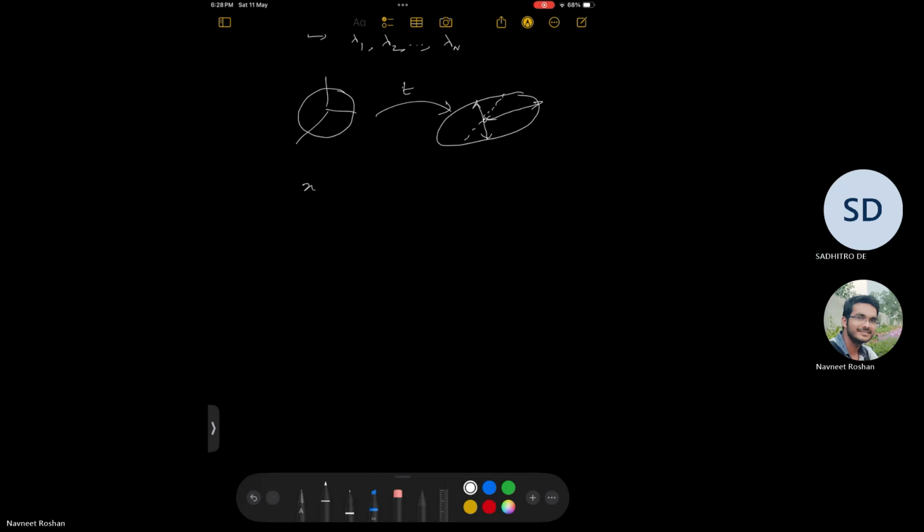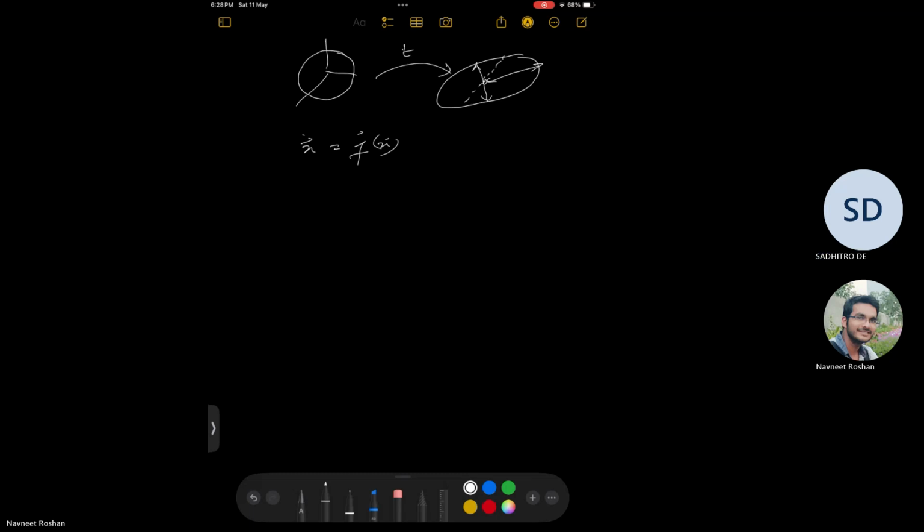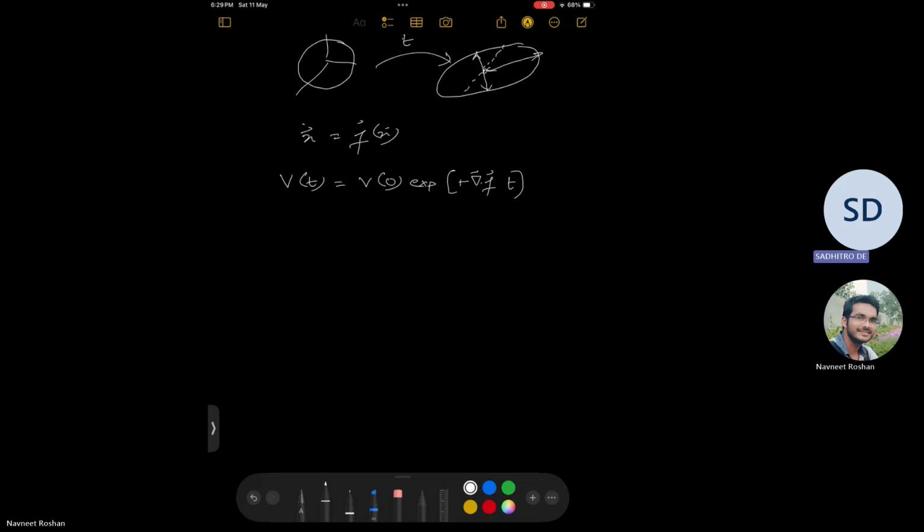Okay, so if you think about the dynamical system to be of this form, then the volume at time t is given by the volume at time t equal to 0 into exponential of minus, sorry, plus the divergence of the vector into time. So this was what we had seen: the expression of how an infinitesimal volume evolves in phase